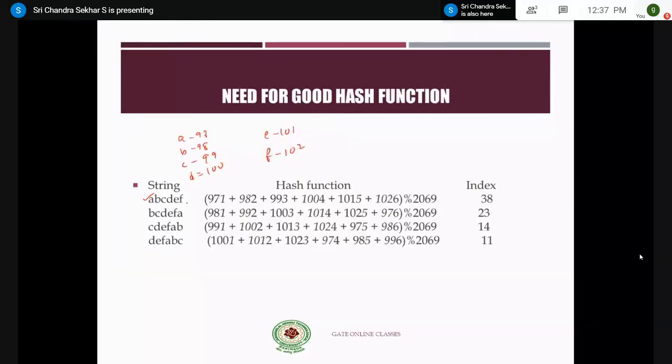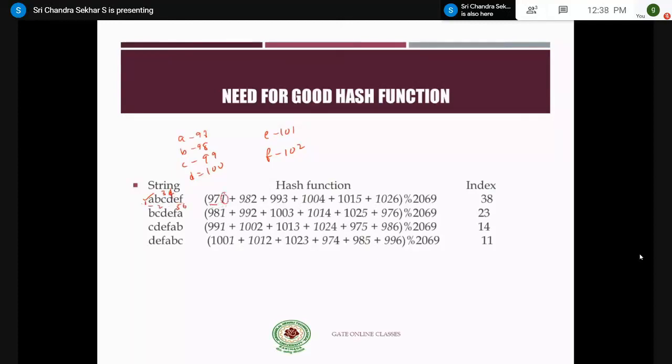We know all these things. Now what I am doing is, in addition to these ASCII values, I am embedding the position of each element beside it. Therefore, A is at position 1, B is at position 2, C is at 3, D is at 4, 5, 6. So after the ASCII value, I add the position.